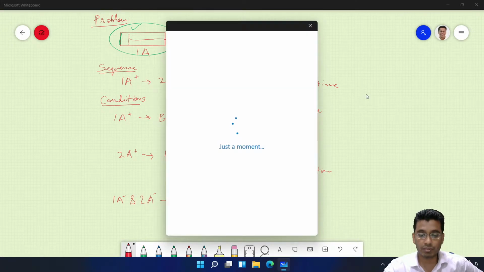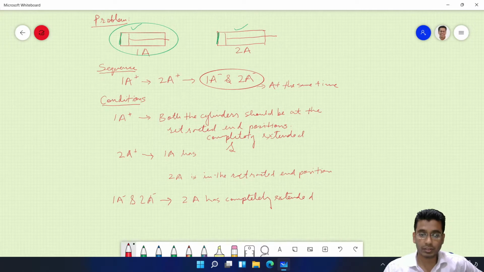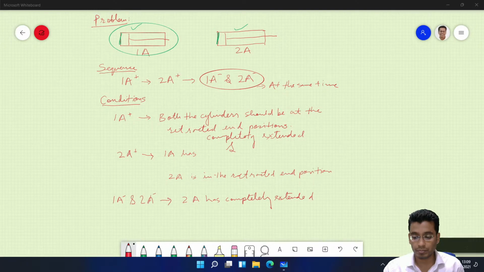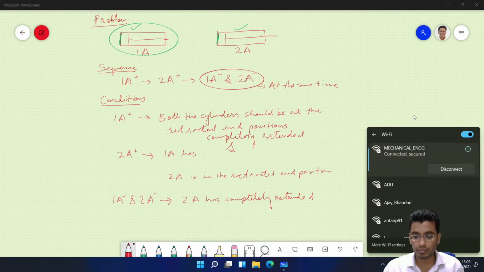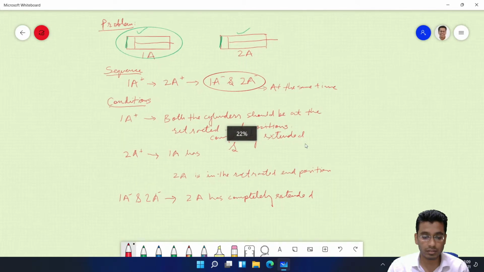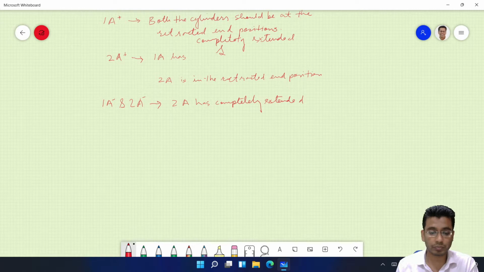Since this is a fluid power problem, tell me what should be the first step. So the cylinder data. Fine, that means you have to draw the pneumatic circuit first, right? Yes. So let us draw the pneumatic circuit.